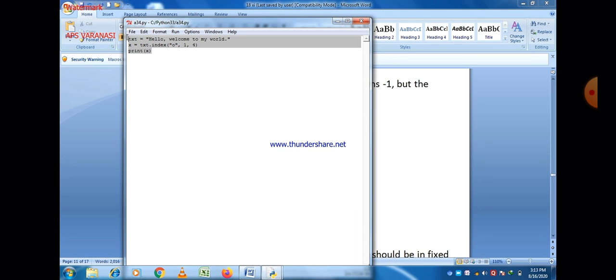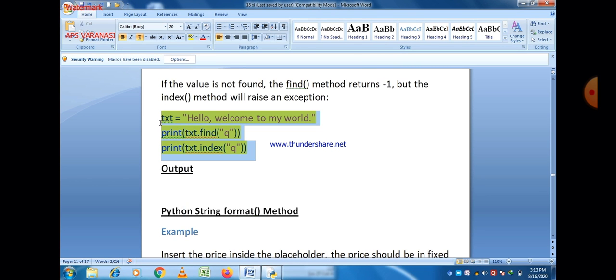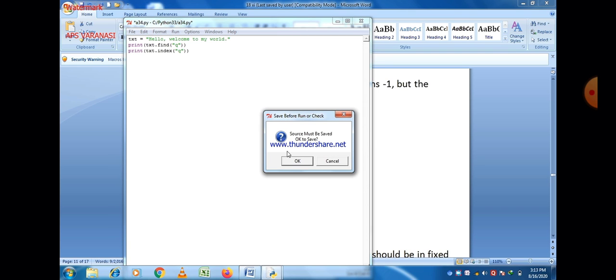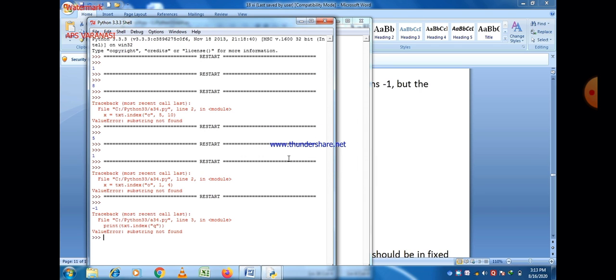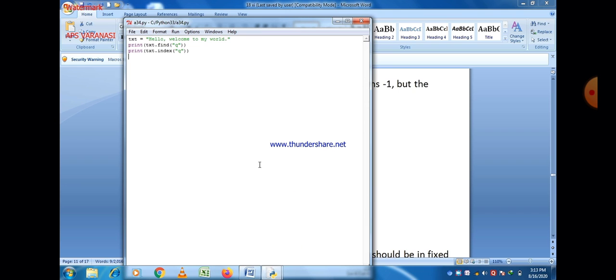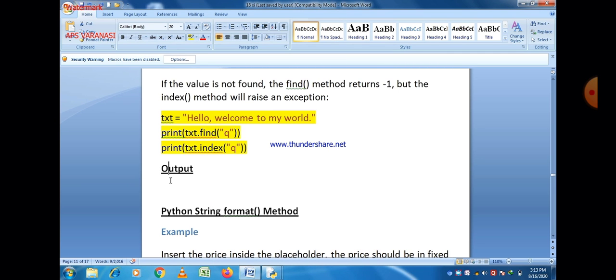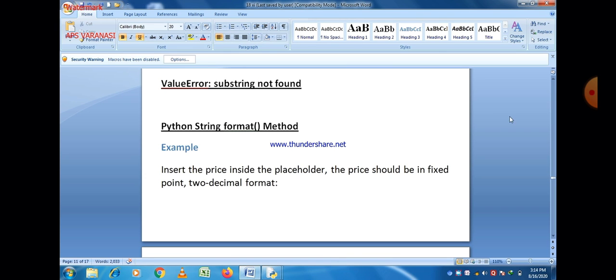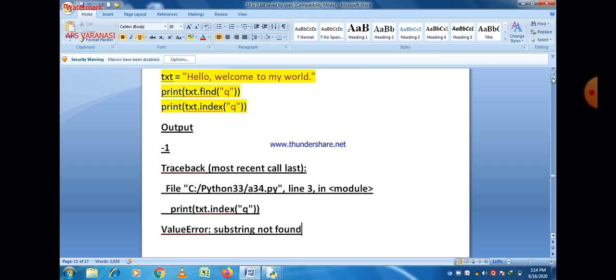Q is not part of that string, Hello, welcome to the world. So using the find method, it will give you the value -1, and using the index method there is an error message. You can easily see that -1 and then the error, substring not found. That is our output. ValueError, substring not found.